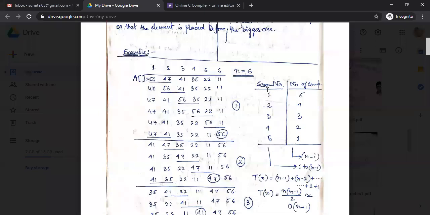Now in scan number 1, we required 5 comparisons. So we are talking about this. You have to think about this loop structure. This is already done. This is my outer loop. Now this is my inner loop. So now you have to think about what the loop structure of the inner loop is.